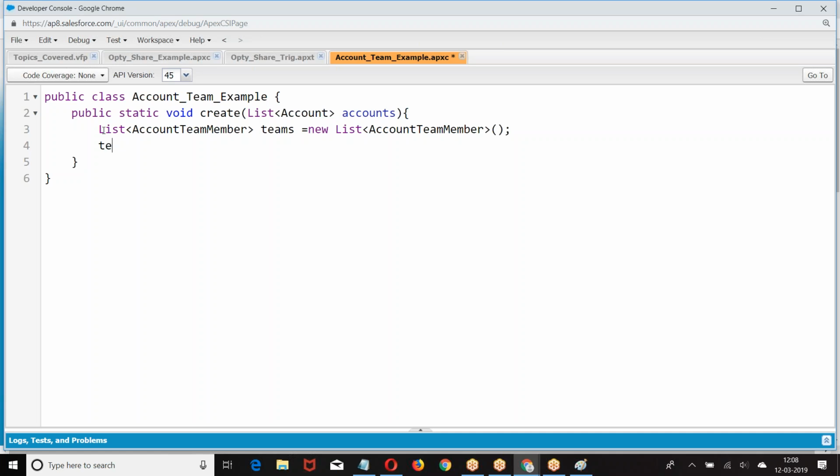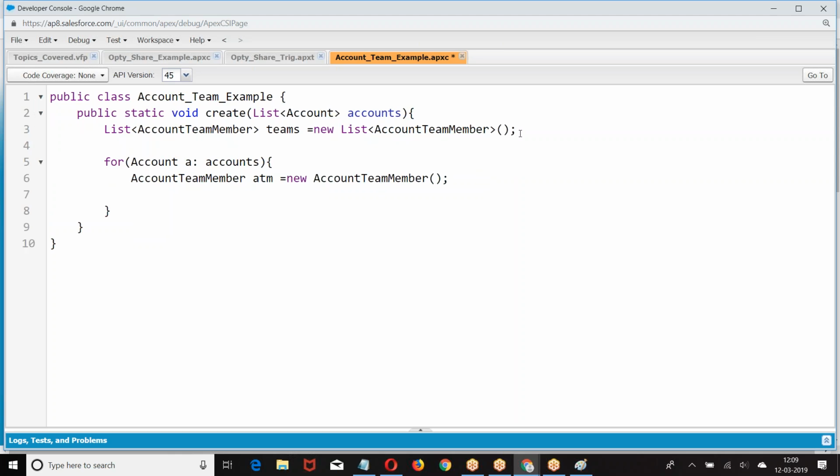Then we have, for account A in accounts, what are we doing? Account team member. Then I'm sharing. With whom do you want to share? You want to make somebody an account team member. So I'm giving here User u equal to